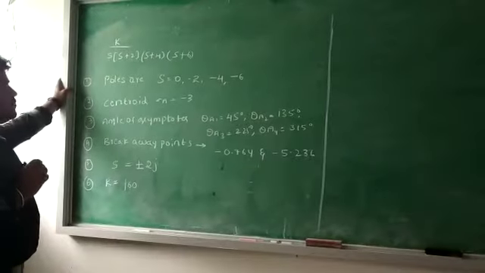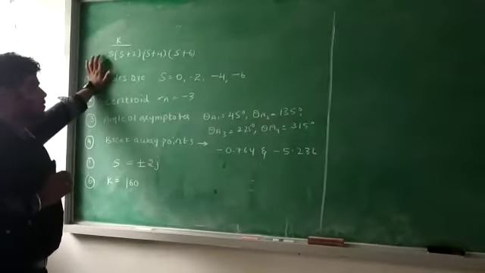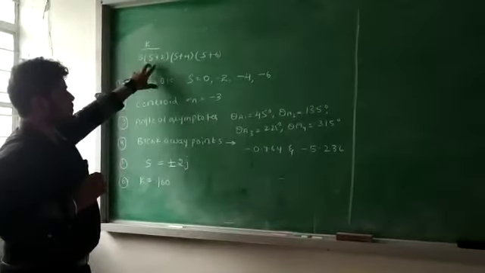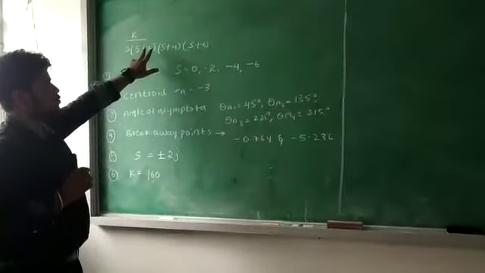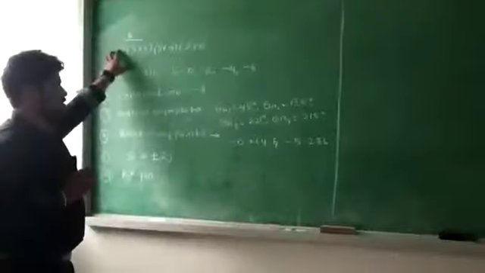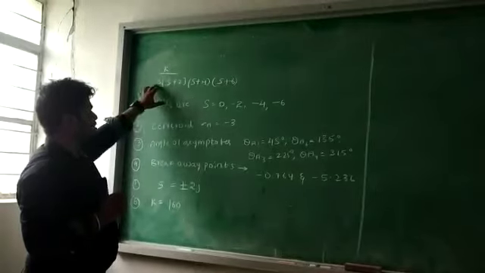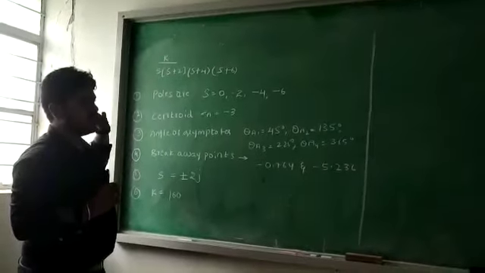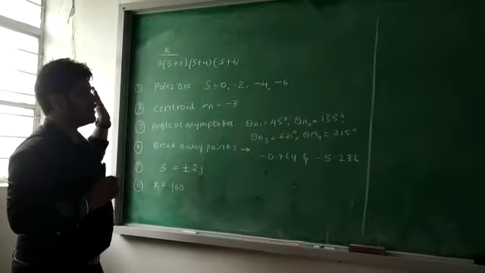Another problem, the third problem, in which you don't have any complex pole. You should first conclude that if a complex pole like s squared plus 2s plus 3 is there, it is a complex pole where you have to determine the angle of departure. But here s plus 2, s plus 4, s plus 6 are simple poles. You only have to determine till step number 7, that is the intersection point.